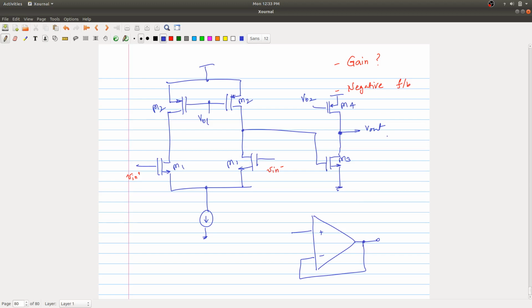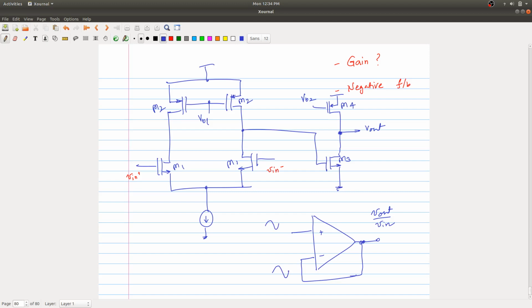And now if it is open loop like this, which you have done, and you have measured V out by V in, this V out by V in may not be the same as this one, because what we are doing here, if there is a sine wave,